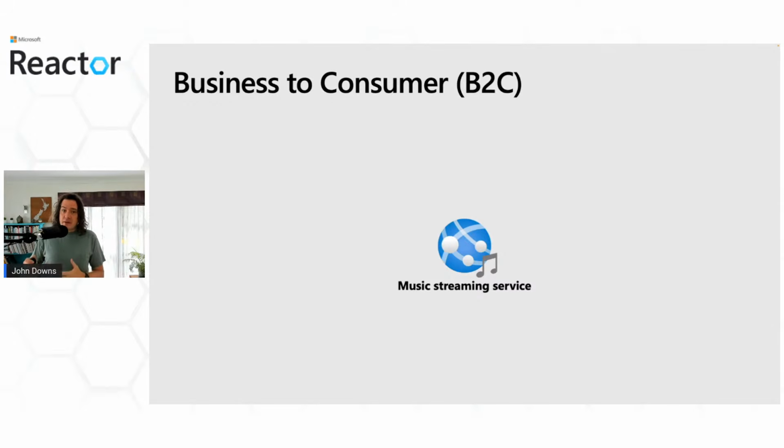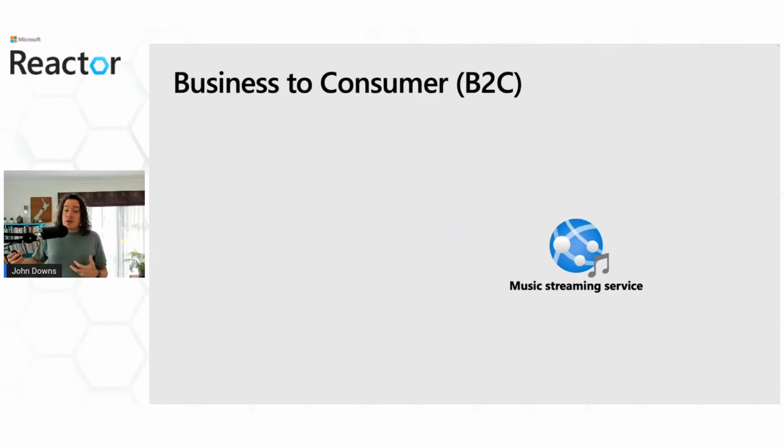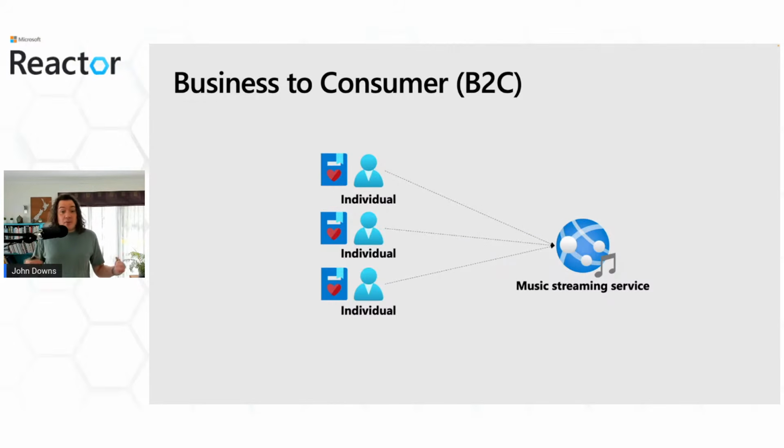Now, let's consider a different example. Think about a music streaming service. So you might subscribe to the service and your friends might also subscribe to the service. So you're both using the same service, but all of your information, so things like what music you like, your play history, your playlists, your recommendations are all just for you. But then to add some complexity, you might also have a family that can subscribe together. And maybe they can share a billing account. Maybe they can even share data like a family playlist. So in this example, tenants might represent users or even families. And we call this a business to consumer or B2C solution.